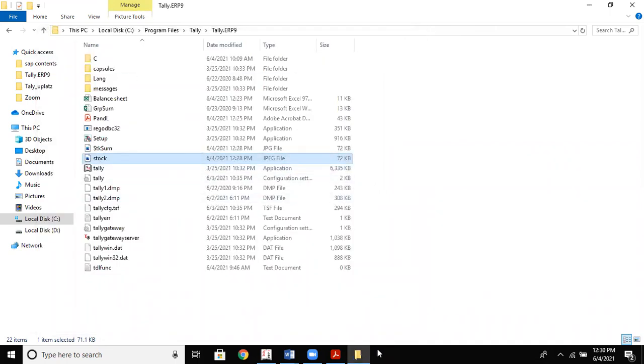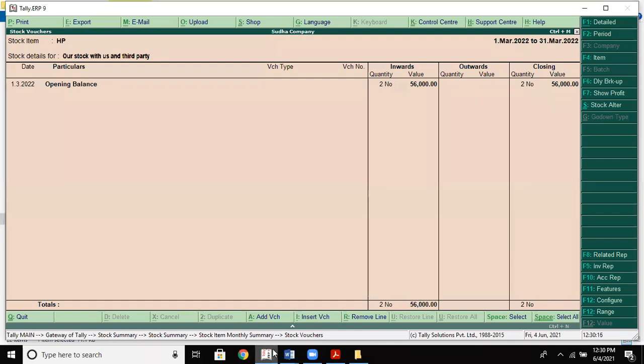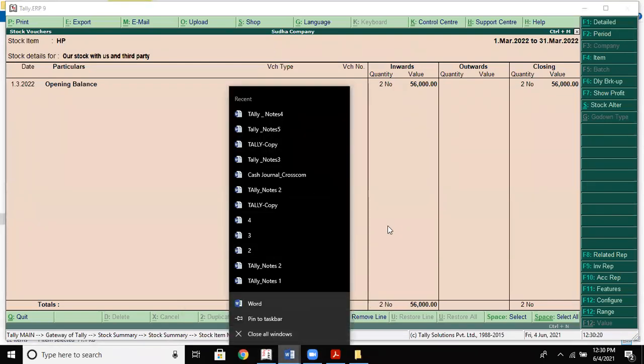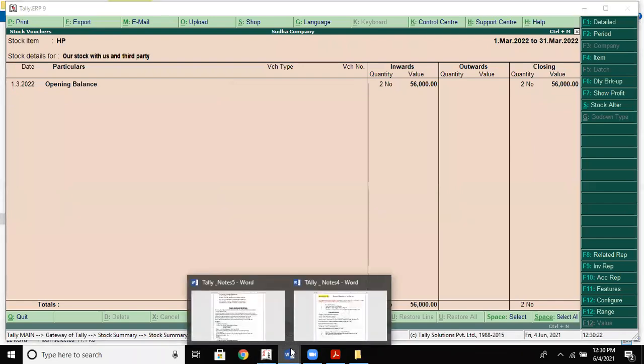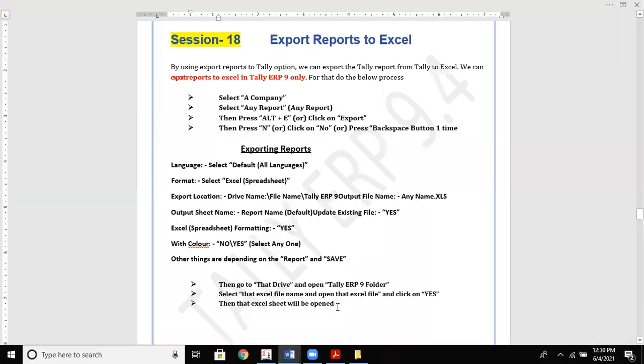Okay. So like this, we are going to export the data from Tally software to other applications. It can be PDF, Excel, anything we can go for.